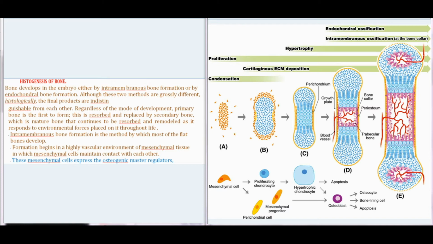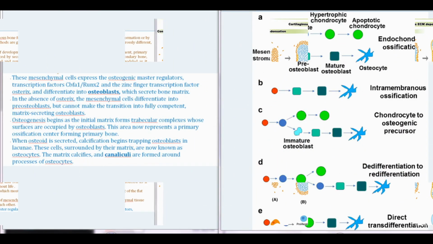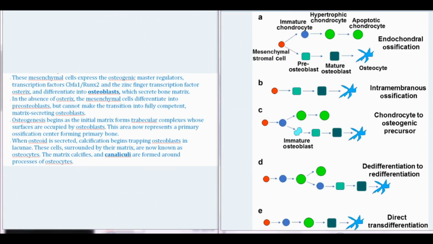Intramembranous bone formation is the method by which most of the flat bones develop. Formation begins in a highly vascular environment of mesenchymal tissue in which mesenchymal cells maintain contact with each other. These mesenchymal cells express the osteogenic master regulators, transcription factors SP7/RUNX2 and the zinc finger transcription factor Osterix, and differentiate into osteoblasts, which secrete bone matrix. In the absence of Osterix, the mesenchymal cells differentiate into preosteoblasts, but cannot make the transition into fully competent, matrix-secreting